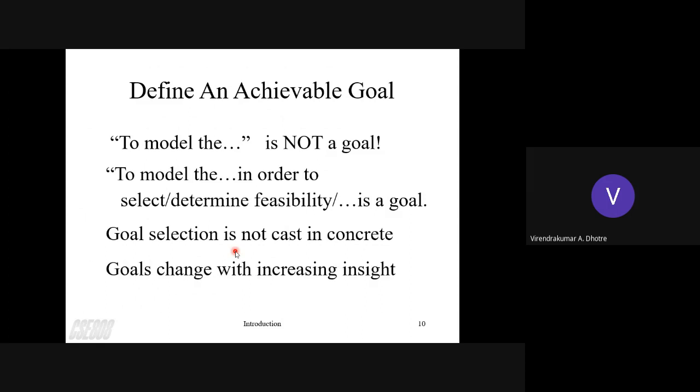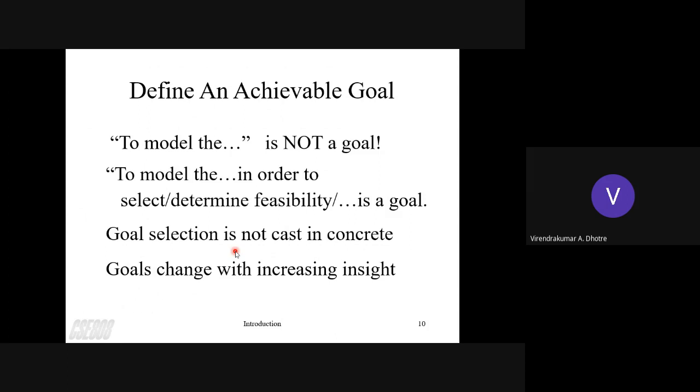So that's why goals change with increasing insight. That's why you should create a goal by setting a feasibility. Sometimes what happens, you start working, and at a particular point you feel, or you get an analysis, that this is not achievable. This can also happen.